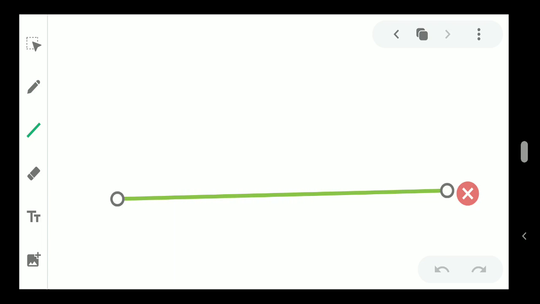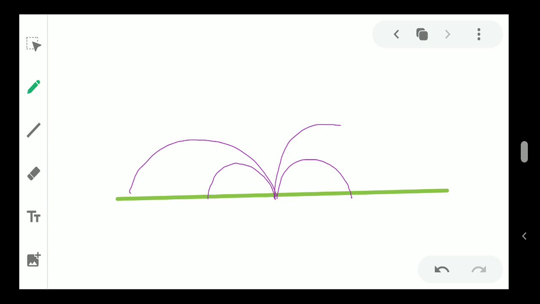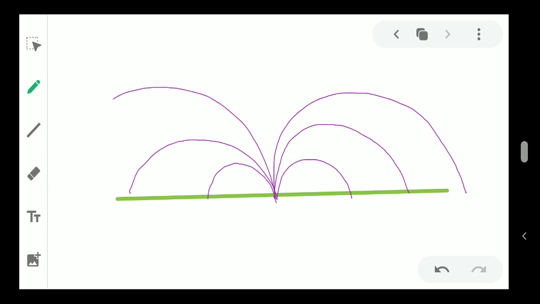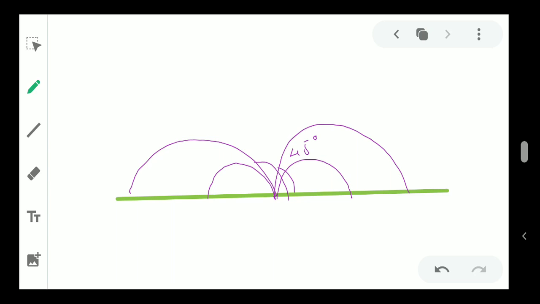Now it is not necessary that it has to be 45 and 135. It can be like this also, it can be like this also. So the highest one is that: theta 45, so it doesn't look like 45, let it be. So this is 45 degree then, and this angle will be 135 degree. That is the highest one.